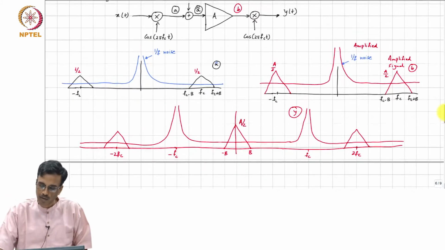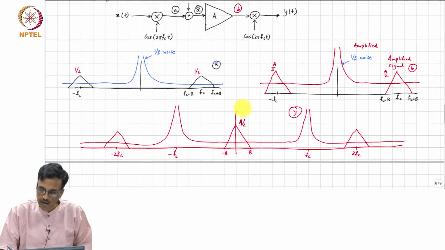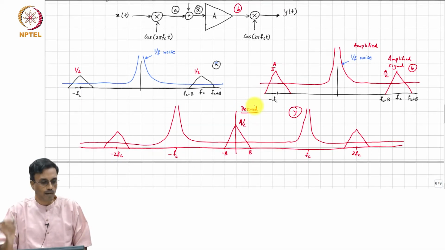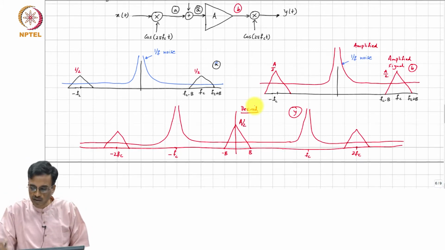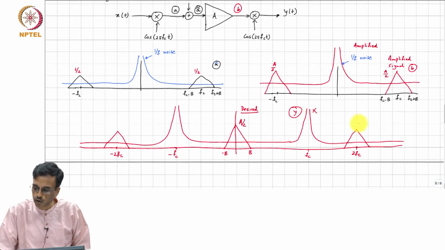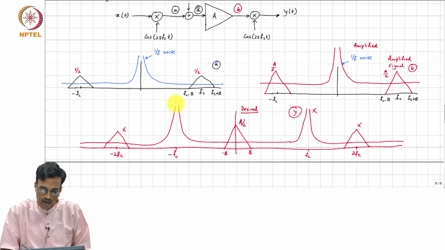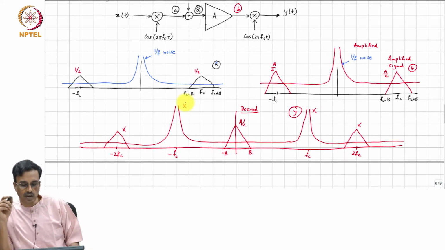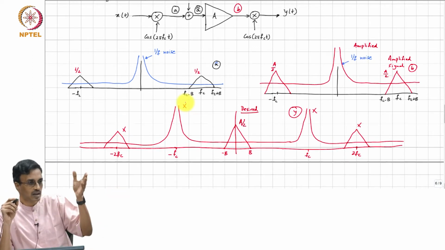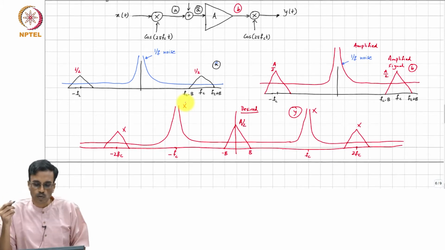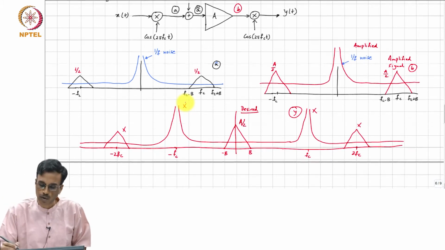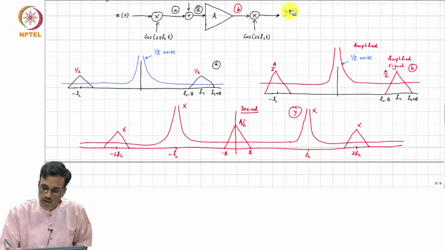So we have a whole, I mean this is our desired signal, but we have a whole bunch of undesired components. All this is something that you do not want. Fortunately, they are either at a frequency fc or much higher. So what do you think you will do? We can filter them out. What you want to do therefore is to put a low pass